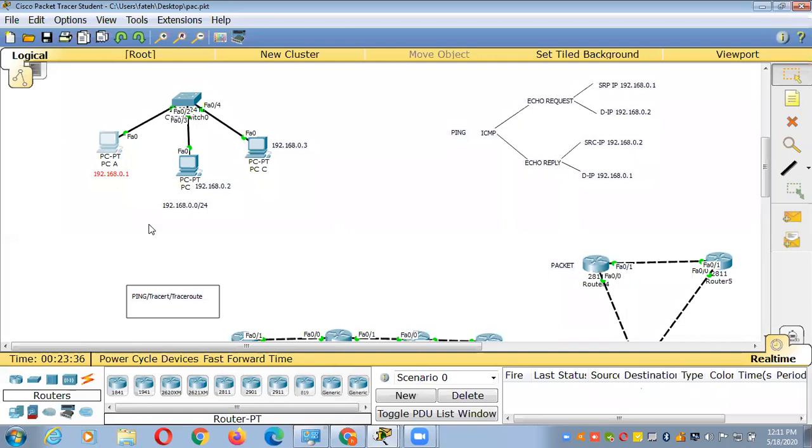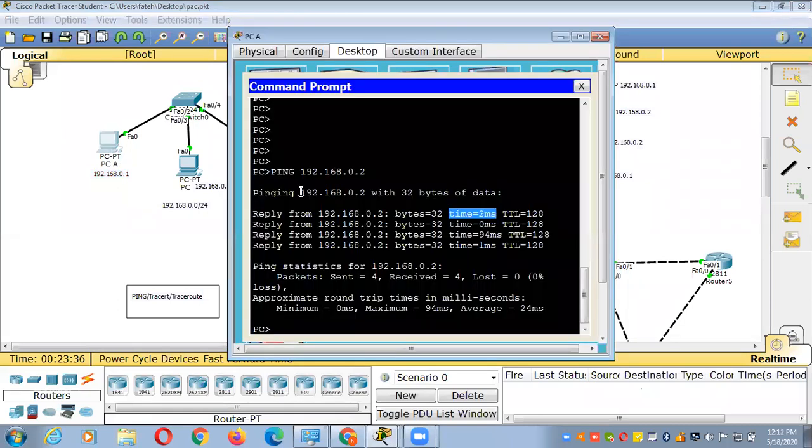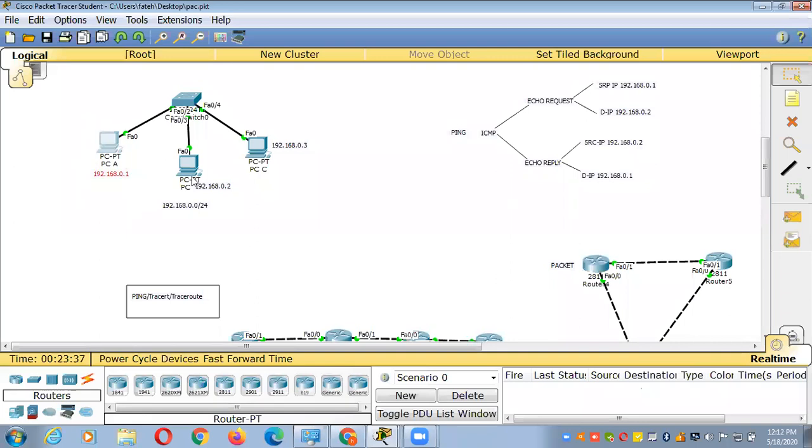So what I'm telling you, when you check the logical connectivity from computer A to computer B, when you're sending the traffic to system B, that is called echo request. In the echo request, the source IP will be 192.168.0.1.